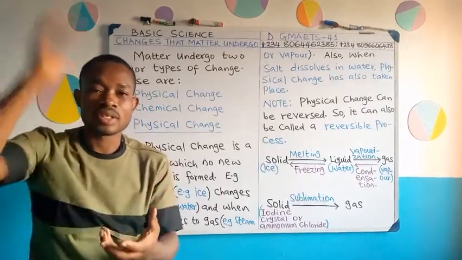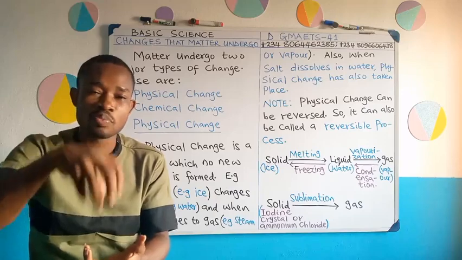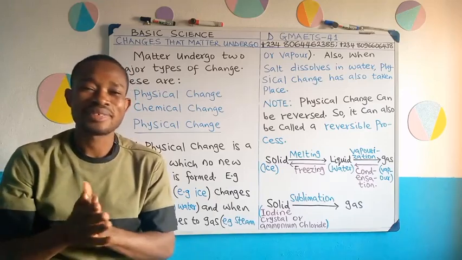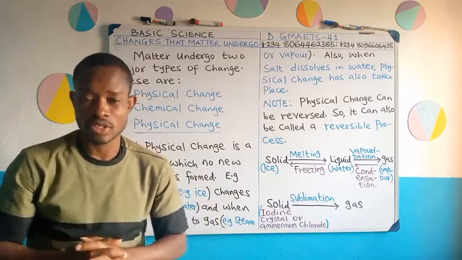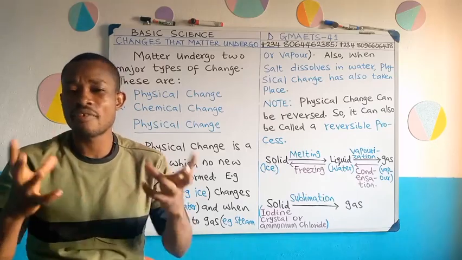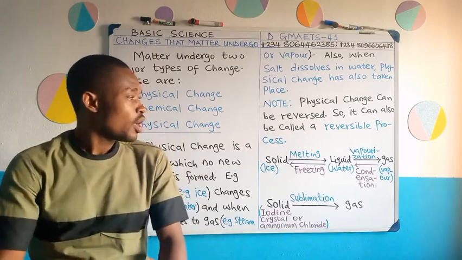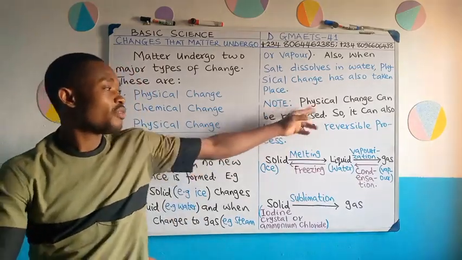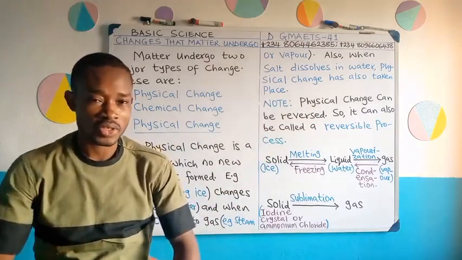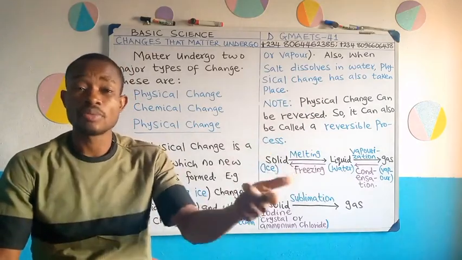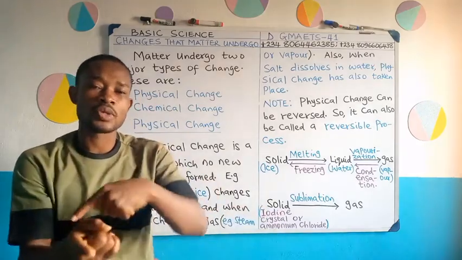Once the water boils off, you start seeing some of the salt particles that you poured into the water before, which disappeared into the water. We say it's called to dissolve or dissolution. So that thing is still a physical change because you can still get back that salt. Note, physical change can be reversed. I said that just now, is that not so? Because no new substance is formed when matter undergoes physical change, it means you can reverse the process.